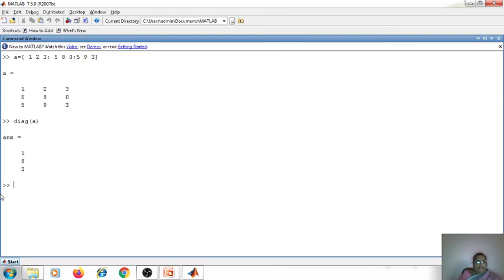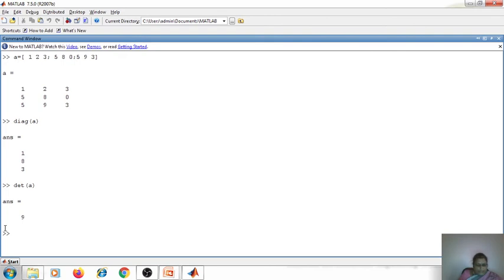Then I will get the diagonal. What are the diagonal elements here? 1, 8 and 3. So I am getting the diagonal elements of that matrix A. Similarly, if I want the determinant of a particular matrix, I should type at the command prompt DET and then enter the name of that matrix. Then I will get its determinant.